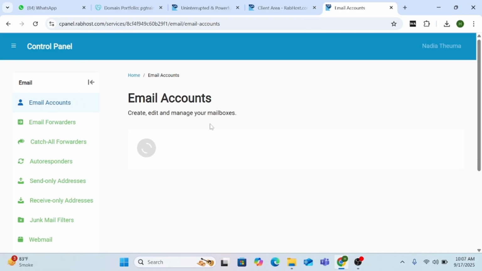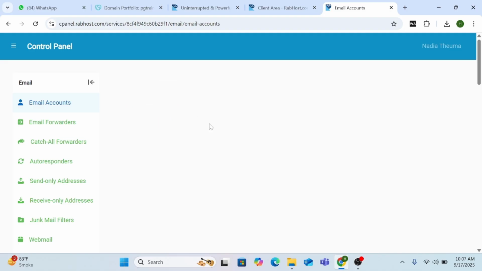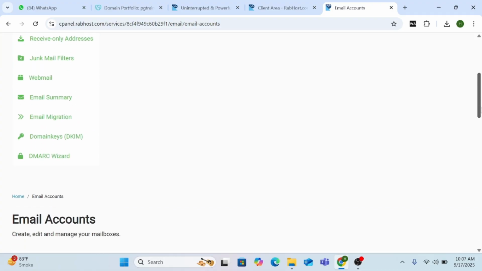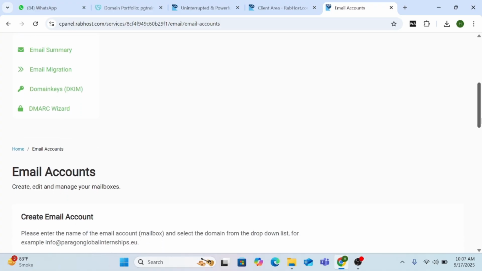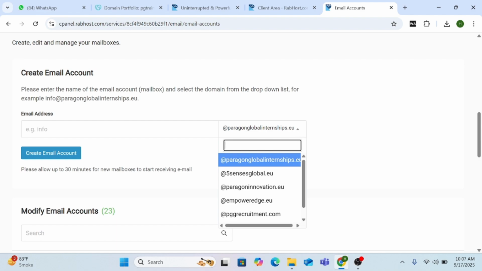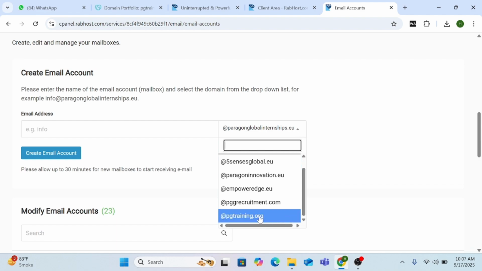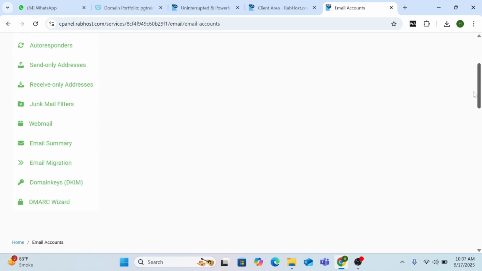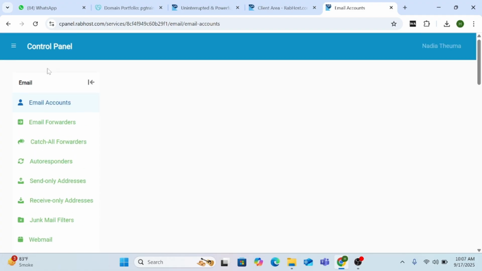Before creating the email, we have to configure the DNS records of the email so that we can avoid spam. Obviously DNS records are mandatory, such as DMARC records and especially DKIM. The MX record and SPF will be created automatically once you shift the domain. So let's check. You can see that in the email section pgtraining.org is available. Now we will create the DMARC and DKIM records. In order to do so,